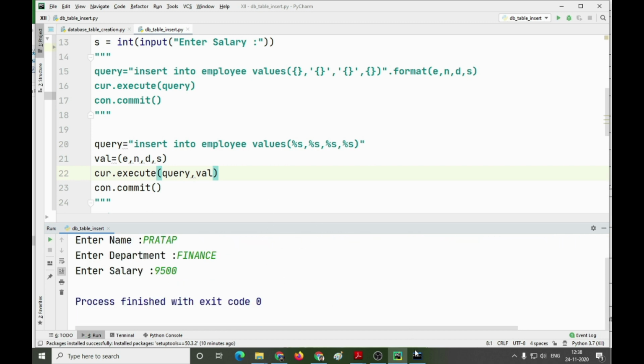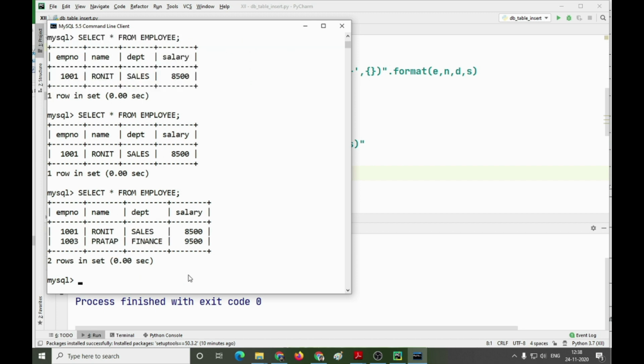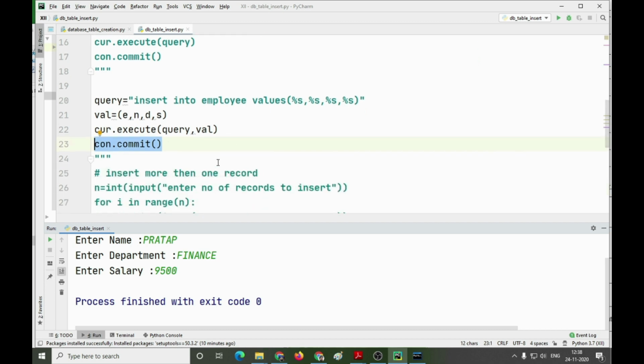So now let us check whether the values have been permanently stored in the table or not. Select asterisk from employee. Now you can see the Pratap value has been successfully inserted into the table. Why was it not inserted previously? Because previously this commit command was absent in our program. So if you forget to write commit, your values will not be permanently saved into the table. Clear? So we should not forget to write commit.